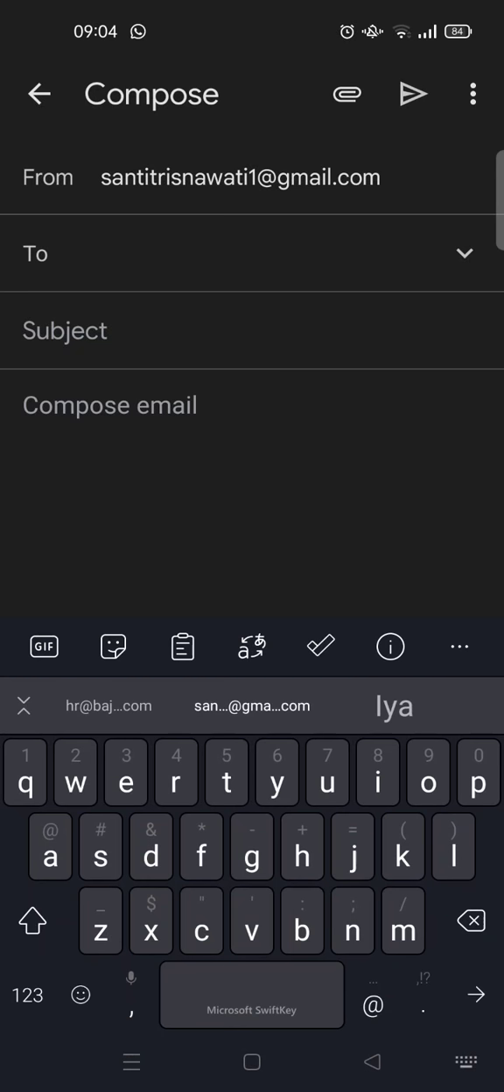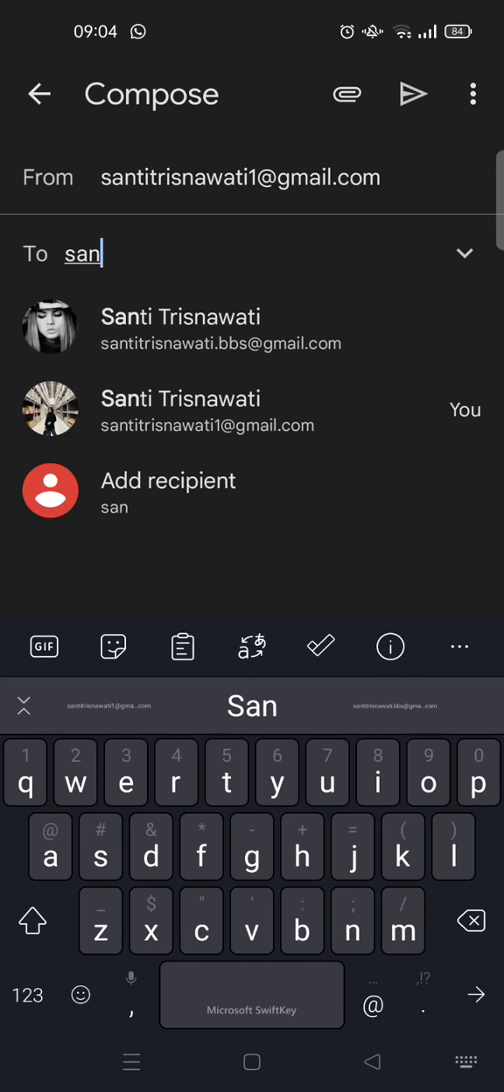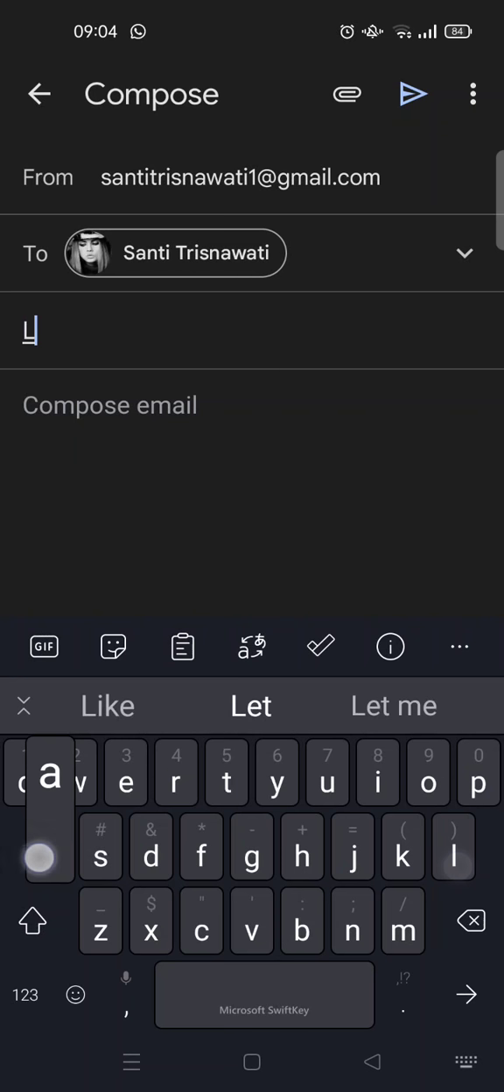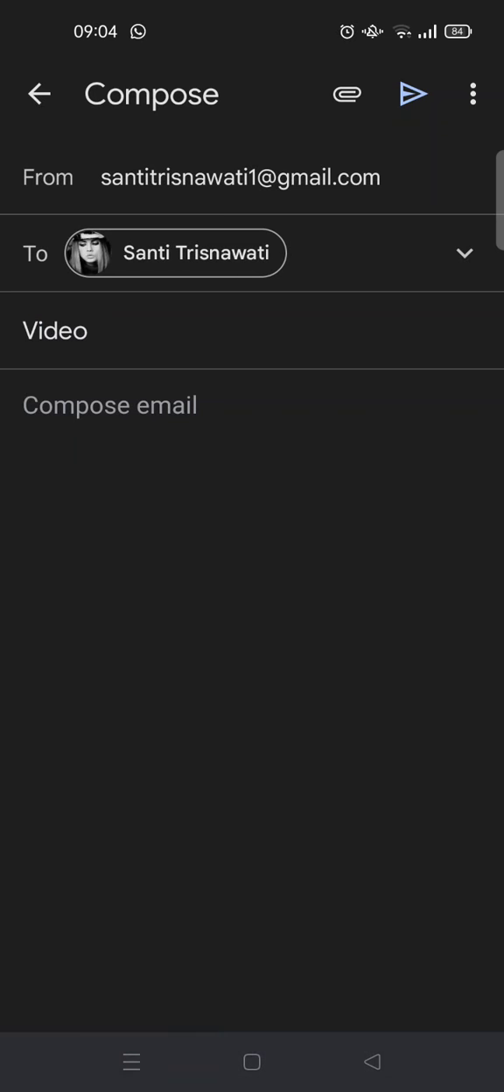Just click on this and then you'll be directed to the compose page. Just type in the recipient email and then the subject, let's video. Okay, so here if you want to add the video, just click on the attachment at the top, this